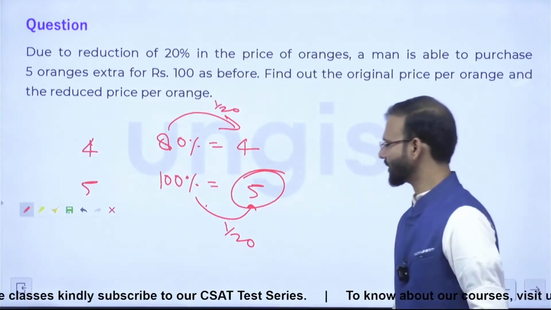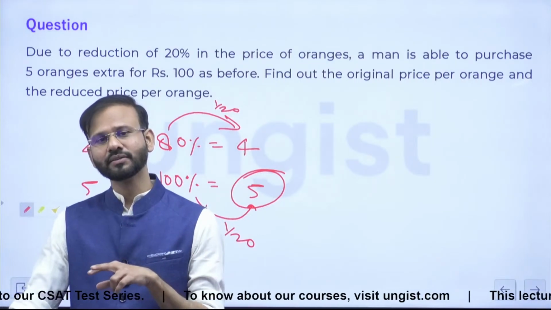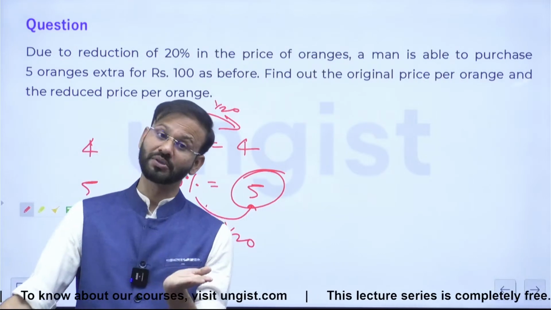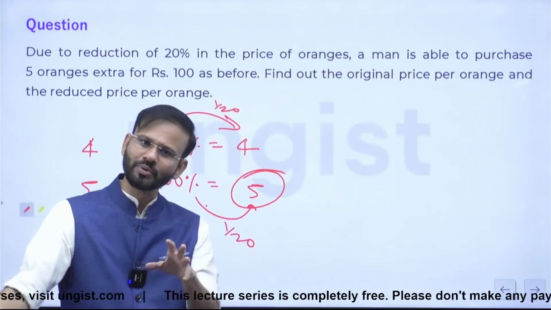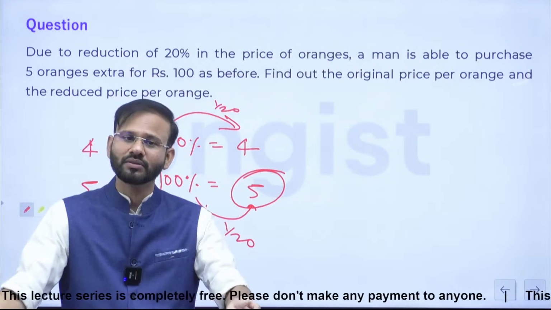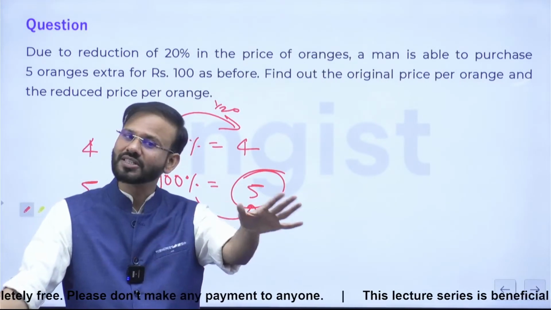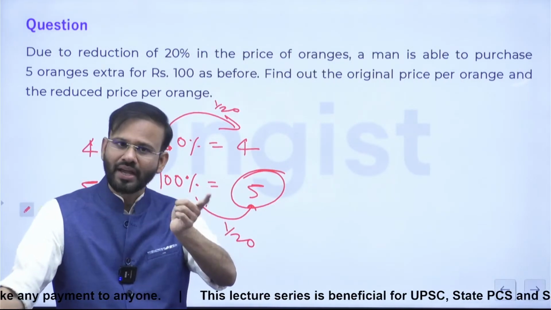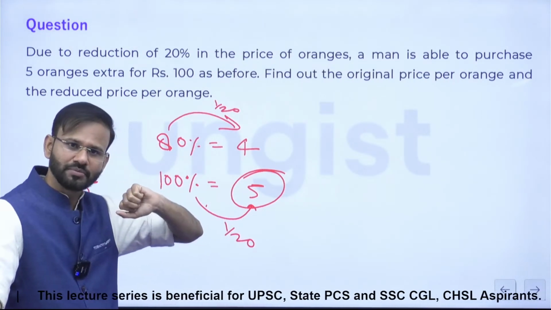सोल्यूशन फिर से बता दूं। देखिए क्या है कि जब वो 100 रुपये लेके मार्केट गया तो उसने जितना एक्सपेक्ट किया था उससे मिला उसको 5 ज़्यादा। क्यों मिला? क्योंकि आज का जो प्राइस है वो 20% रिड्यूस हो चुका है। तो 20% रिडक्शन का मतलब ये है कि 100 रुपये का जितना सामान पहले मिल रहा था आज वो 80 रुपीज़ में अवेलेबल है, राइट? लेकिन आज भी अगर आप 100 रुपये दे रहे हैं वेंडर को तो इसका मतलब आप 20 रुपीज़ एक्स्ट्रा पे कर रहे हैं, एंड फॉर दैट 20 रुपीज़ एक्स्ट्रा यू आर गेटिंग 5 ऑरेंजेस एक्स्ट्रा। सो आज का जो प्राइस हुआ वो क्या हुआ? 4 रुपीज़ पर ऑरेंज हुआ। एंड आज का जो प्राइस है वो ओरिजिनल प्राइस के रिस्पेक्ट में 80% है, क्योंकि 20% का डिक्रीमेंट है प्राइस में।